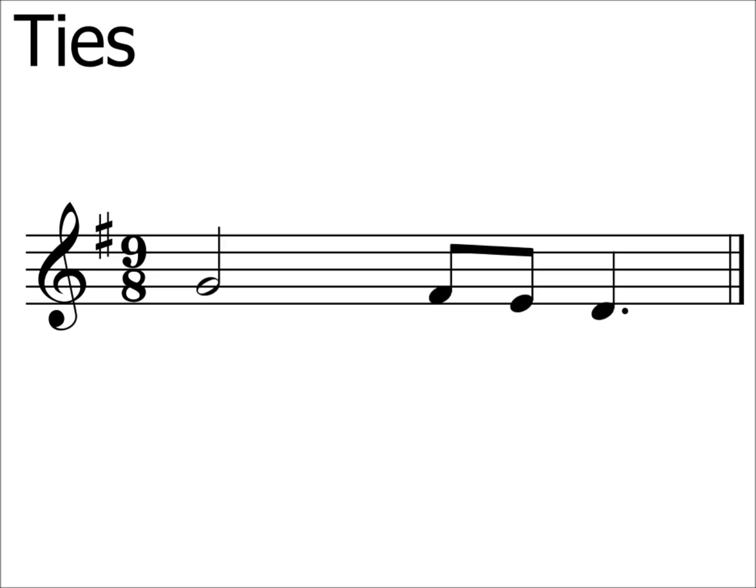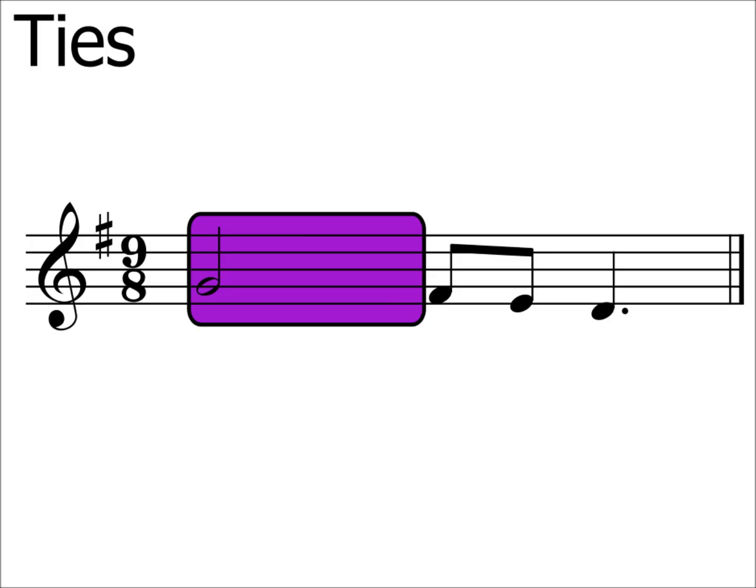You can see that the first note is a minim, or half note, which is the equivalent of 4 quavers. But by writing this type of note, it breaks one of the complex beaming rules applicable to 9/8. Therefore, strictly speaking, I'm not actually allowed to write the music like this. Instead, we write a dotted crotchet, tied to a quaver. The tie adds the values together, which equal the equivalent of 4 quavers. As I say, there are lots of rules regarding beaming, and I'll cover this in another video, but for the moment, just be aware that ties can be used in the middle of the bar, not just over the